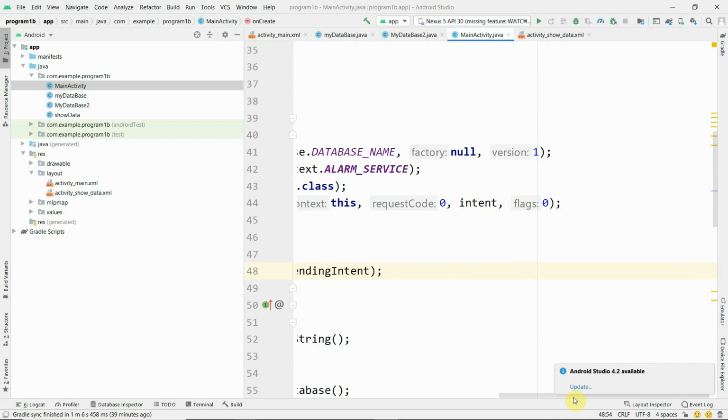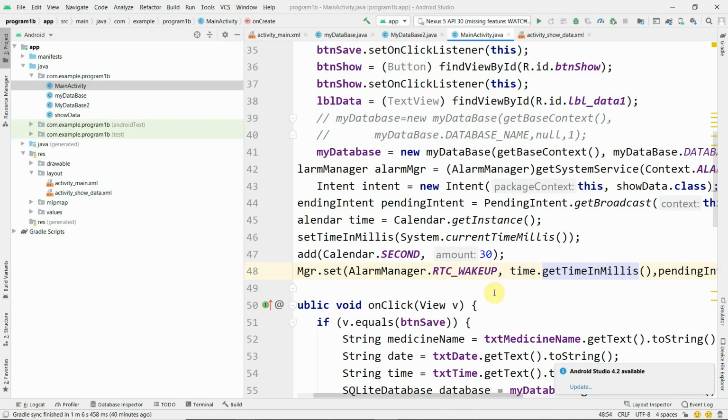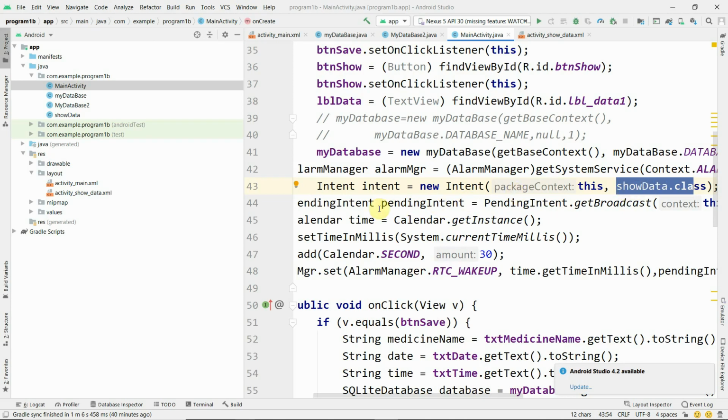How to call the ShowData activity class? We can see here that during creation of the intent object itself, we passed the class name ShowData.class. Passing the class name ShowData.class indicates that whatever data of the main activity from the database is transferred to ShowData.class.